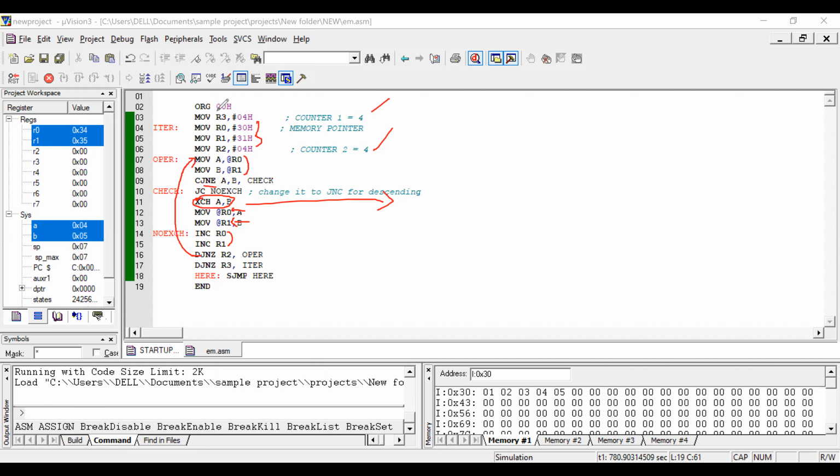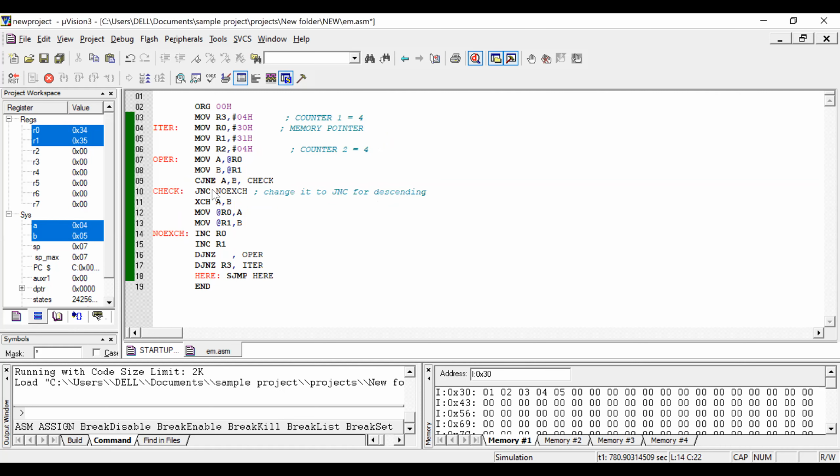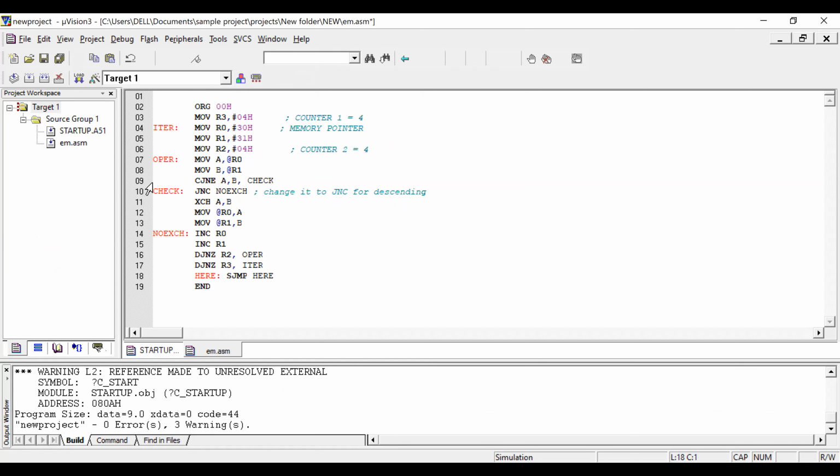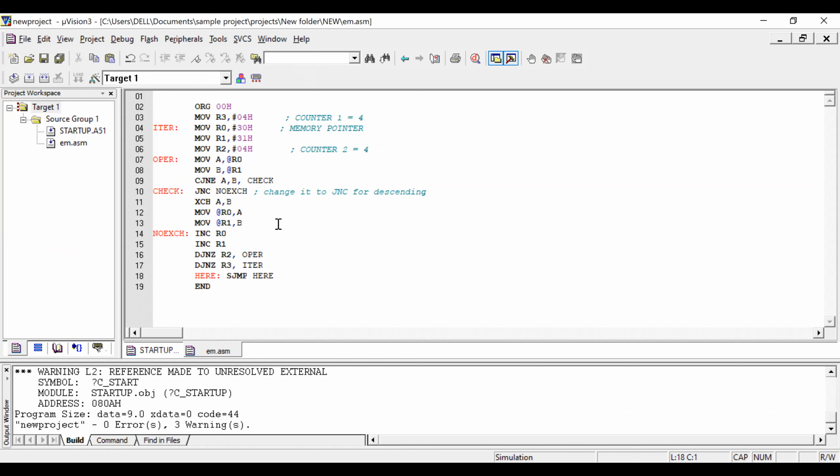Okay, right. So this is ascending order. So descending order is very simple. So here the only one parameter you should change. That is, in the place of JC, you should put jump if no carry. We will execute the same program. Well, let us give the input in some value and we try to sort it out in descending order.